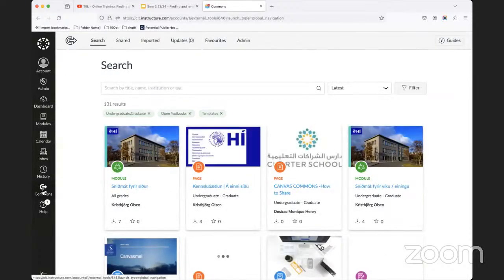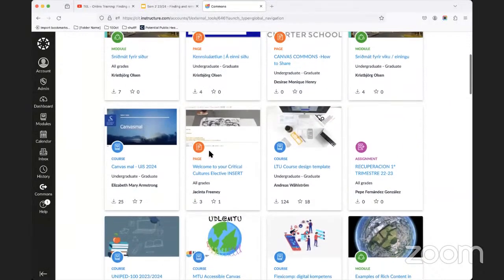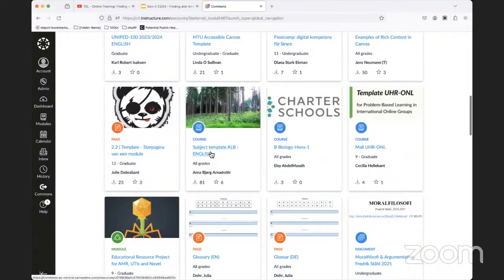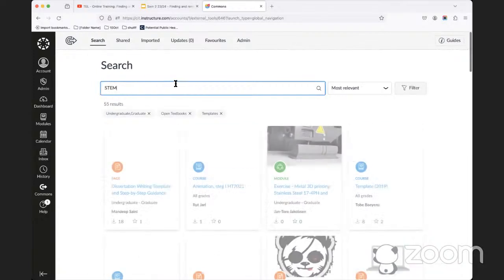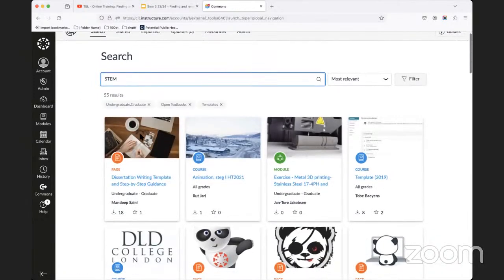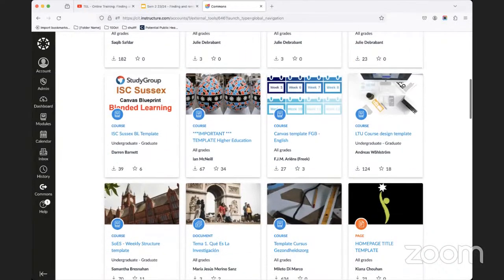What you can do with Commons, which is available in Canvas in the left-hand menu, is that any Canvas user can make a module or a page or a course or a video or anything at all available to anyone else who's using Canvas. So, for example, if we wanted to look up STEM, this will allow us to find existing OER material which is available.